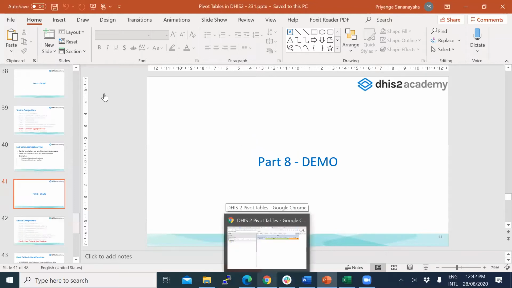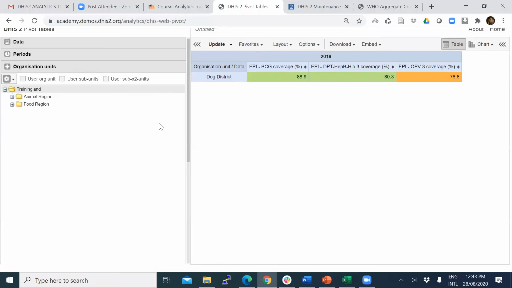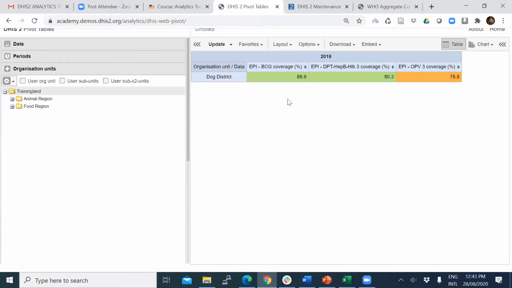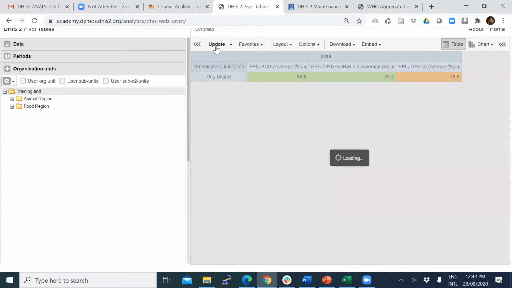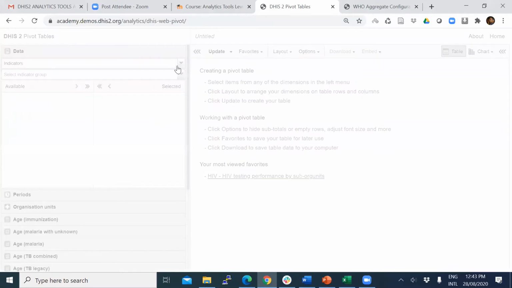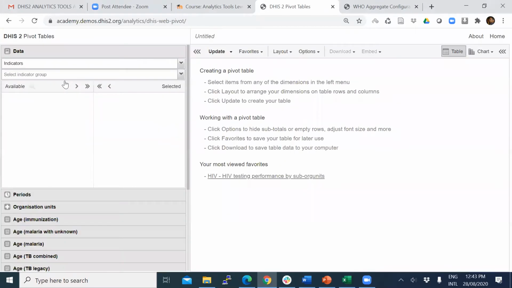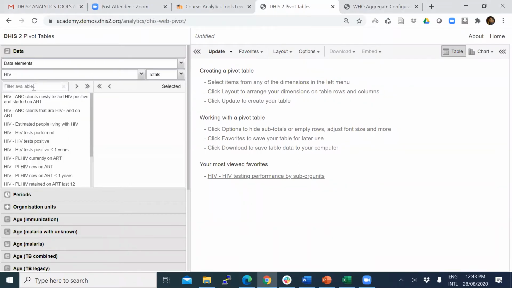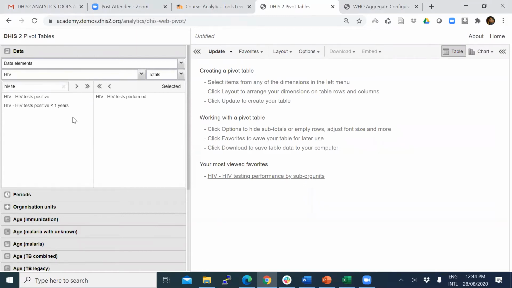Right. So let me create a new pivot table just to showcase this. Okay, I'm starting a new pivot table. Let me just select one data element just to demonstrate. HIV test performed.